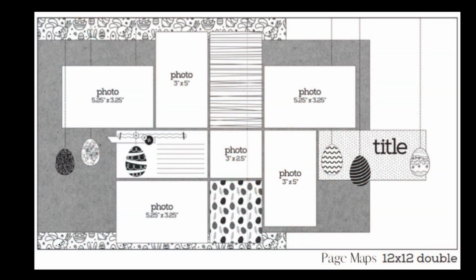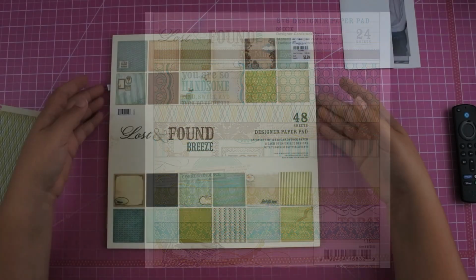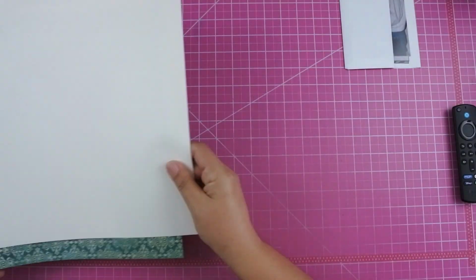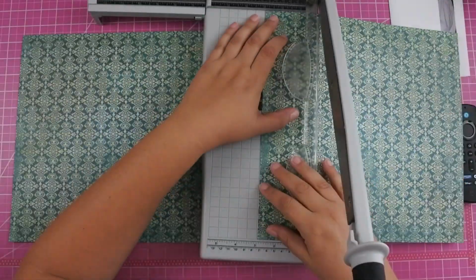This is the sketch that we're going to be using, and I'm going to be using the My Mind's Eye Lost and Found Breeze collection. I've used this collection before, and I'm actually only going to pull out, I think, maybe one piece of paper and then some scraps. These are my friend's photos, and they are from when they had Passover back in 2013,